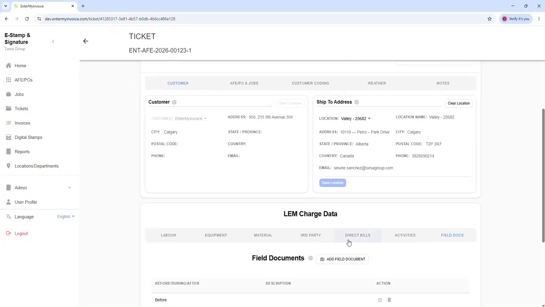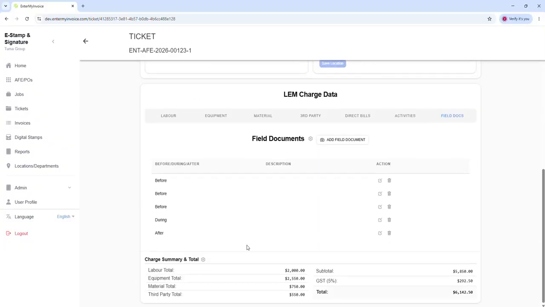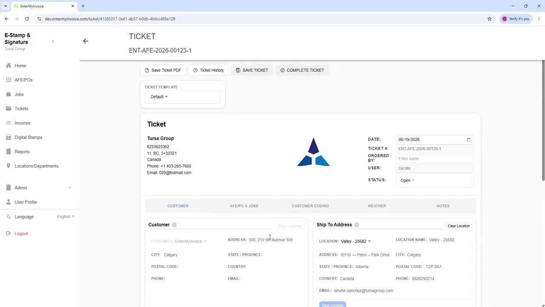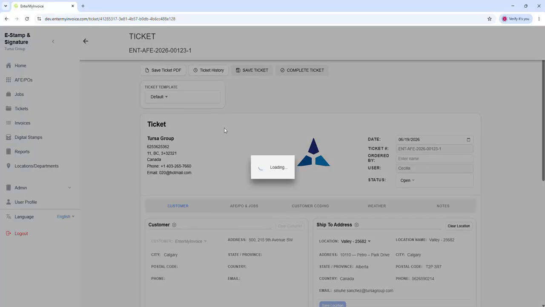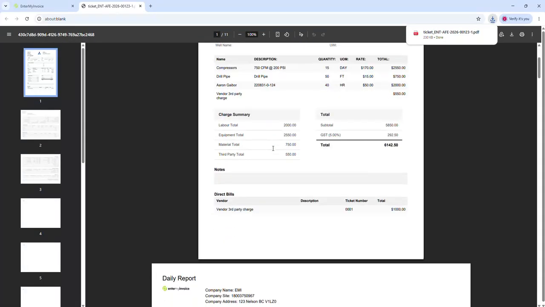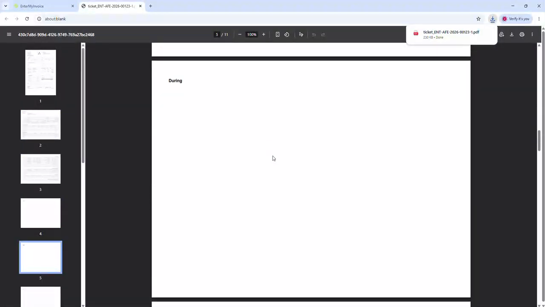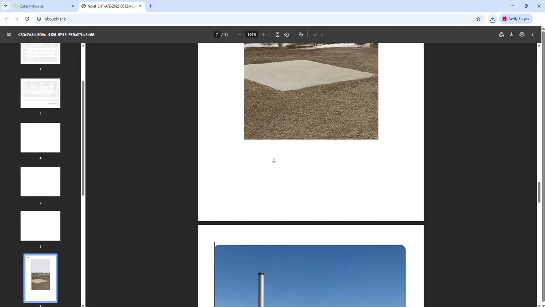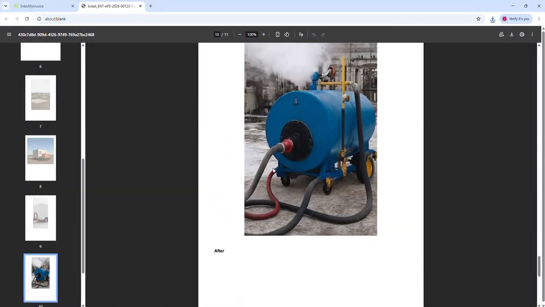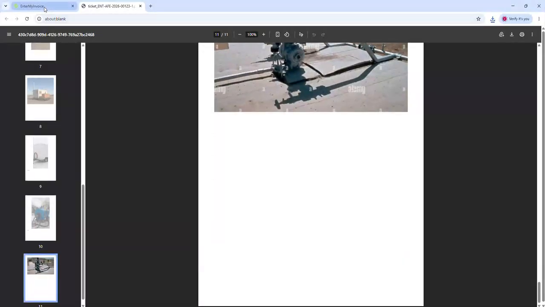So that's all for the line charges. And once you're done entering all the labor, equipment, material, third party, direct bills, activities, or field documents, you can generate the PDF file by clicking Save Ticket PDF. This will generate the PDF file with the third party charges, the pictures attached, and all the information that you enter